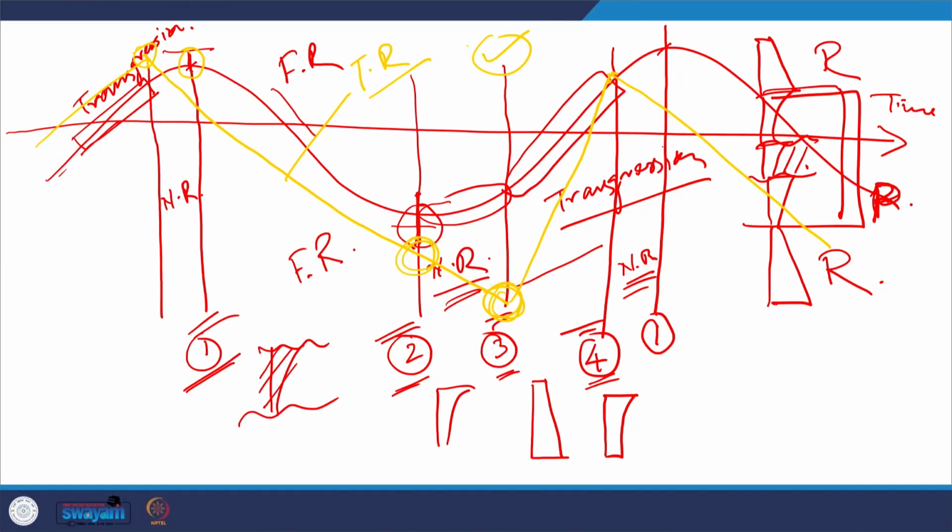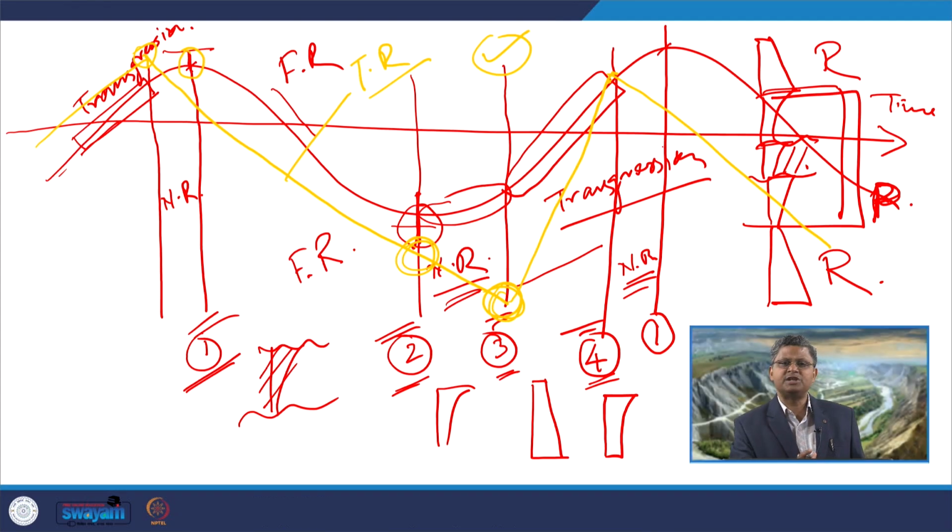Now, if I look into the third boundary, which is the end of regression, which actually marks the changeover from regression to transgression. So, this end of regression, if I go back to that particular diagram, this is the point, this boundary 3. This point demarcates that changeover from regression to transgression. This is the end of the regression, and this particular phase is the phase of rising of the base level.